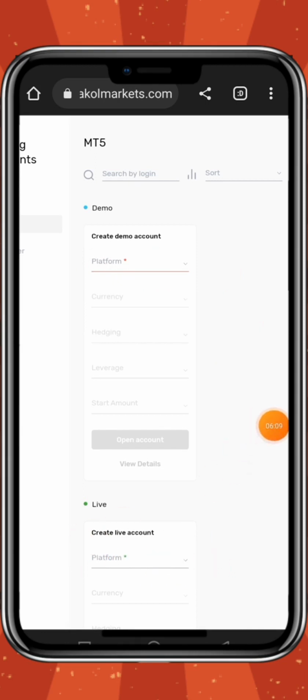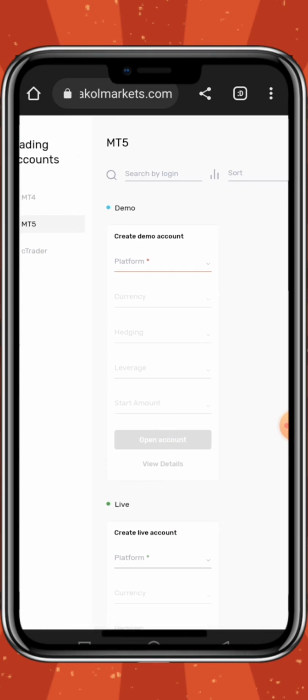Now I'm going to take you through how to create any of these two accounts, right? But it will be more important when you create a live account directly. However, let's start from the demo account, right? Assuming you want to create a demo account, just tap on the platform and from here you select synthetic indices